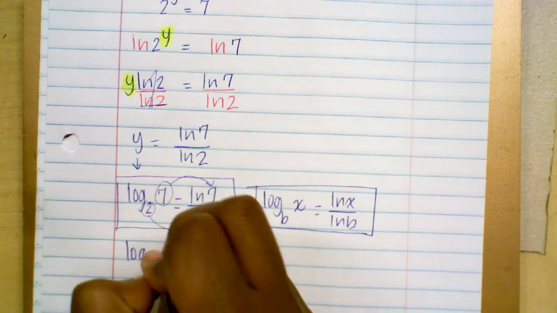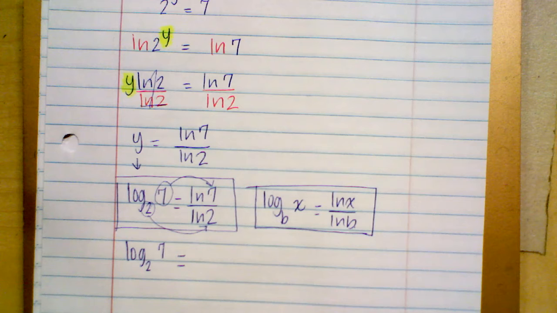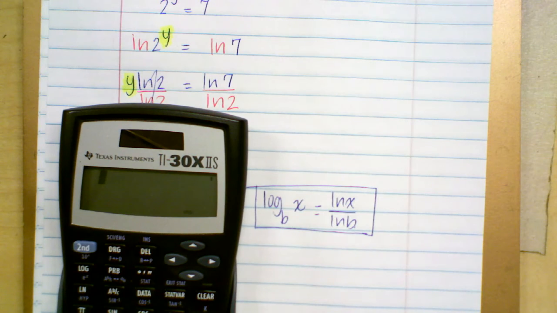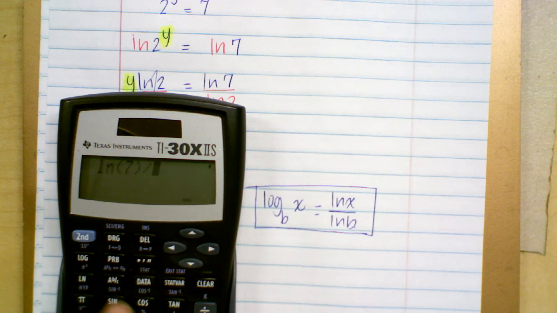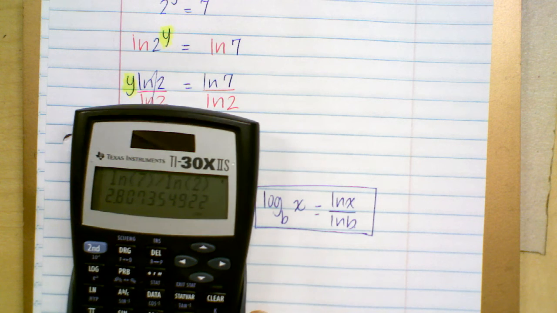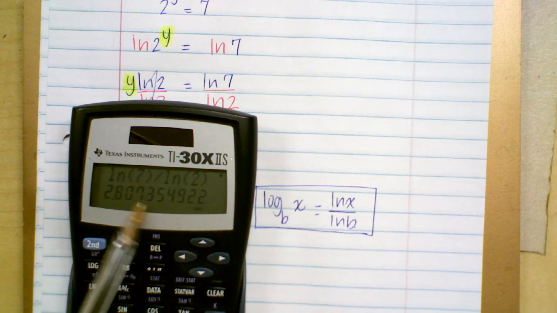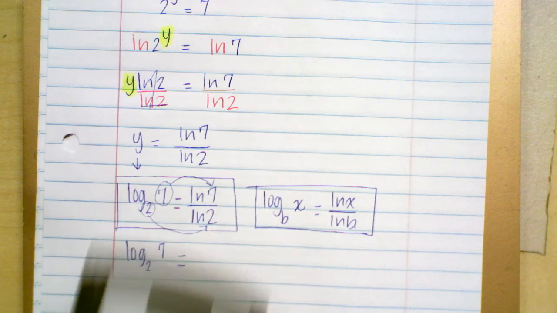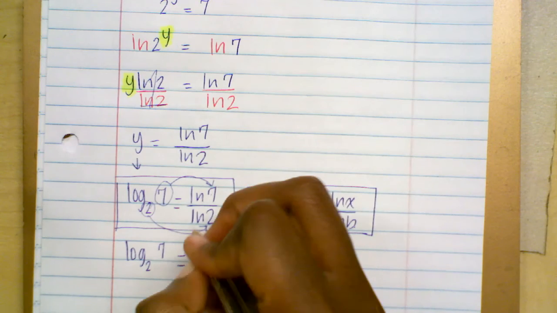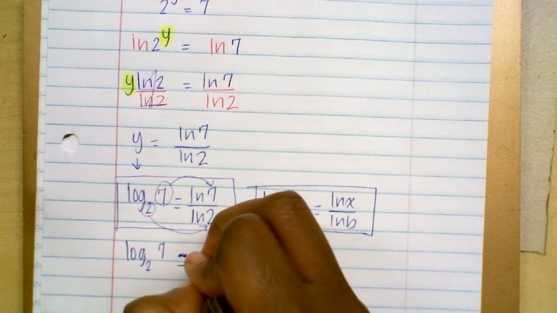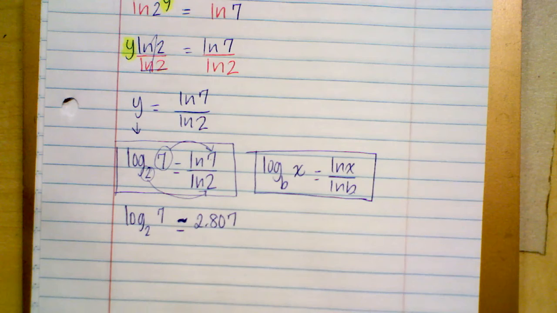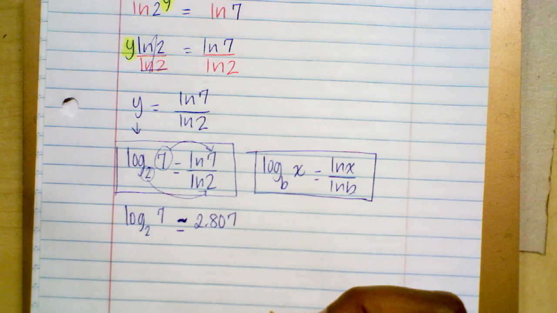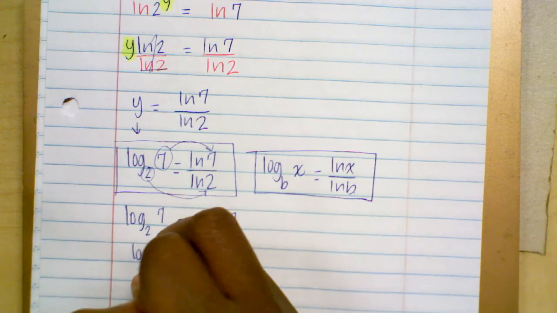Let's evaluate log base 2 of 7 using the calculator. You're going to enter ln of 7 divided by ln of 2, and the answer is 2.8073. It's the same number that you found earlier, about 2.807. So what I want you to remember from this is, if you want to evaluate a log with a different base,